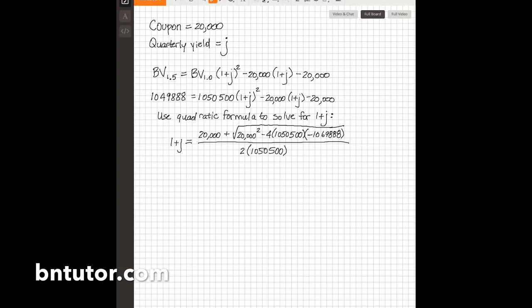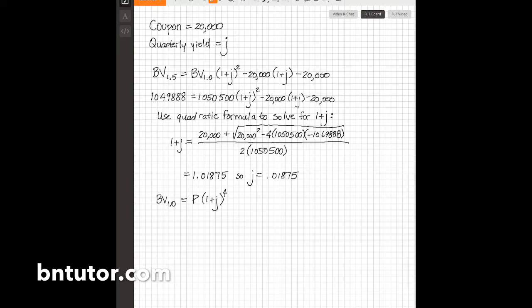Computing these values through tells us that 1 plus j is equal to 1.01875. In other words, the quarterly interest rate is 1.875%. We'll continue to use the idea that book values accumulate, noting that the book value after 1 year starts